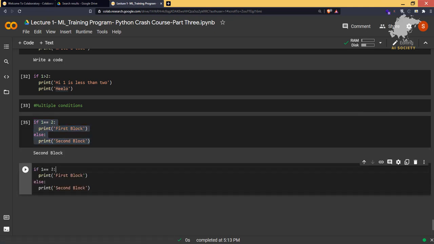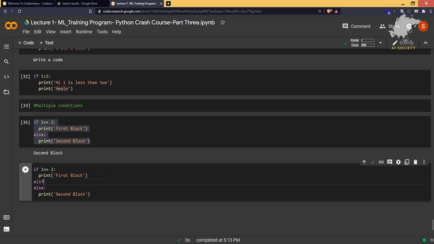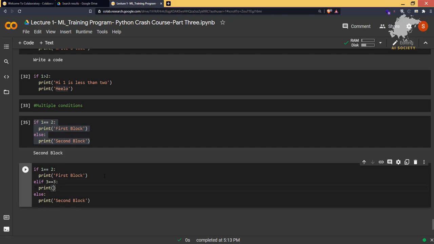If I have if 1 equal to 2, let's say, and then we are having one more condition as this. So to add one more condition, you can say elif, that means else if. In Java, we used to say else, and then we used to put if. In this particular programming language, in Python 3.8, it's elif, that means it is combined in one. So 3 equal to 3, and if I type print, I'll say middle block.